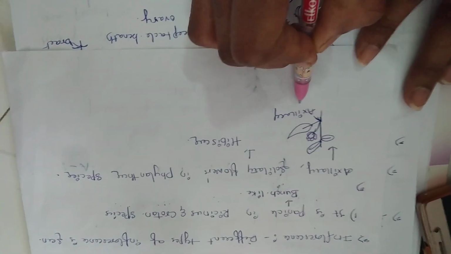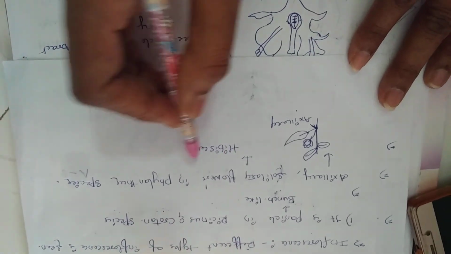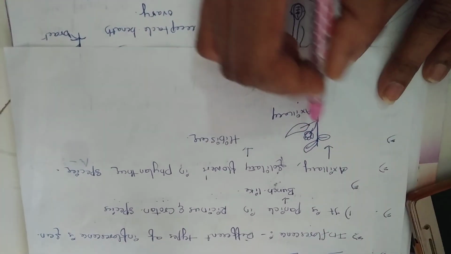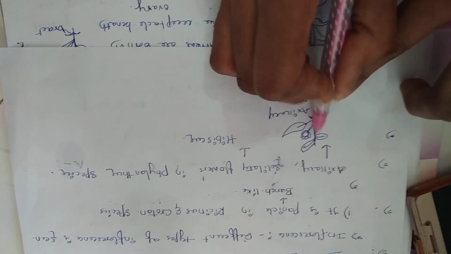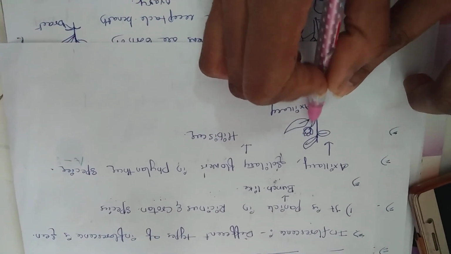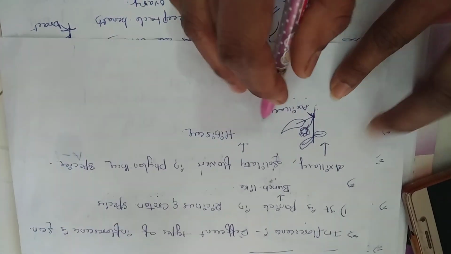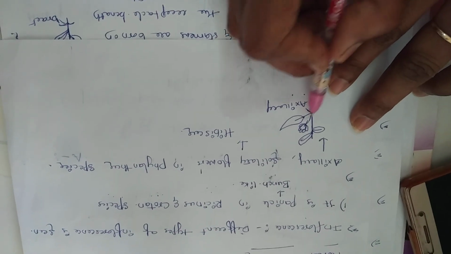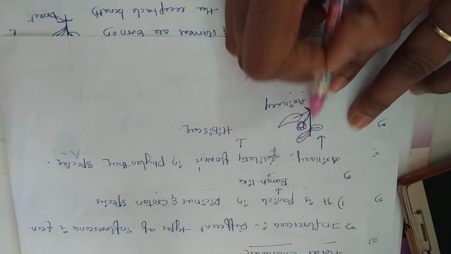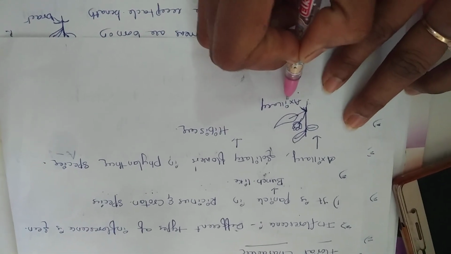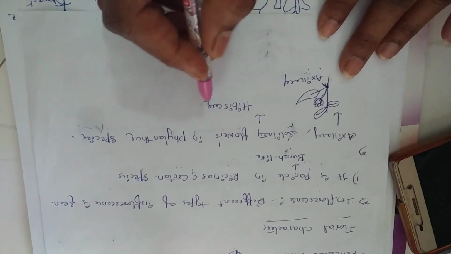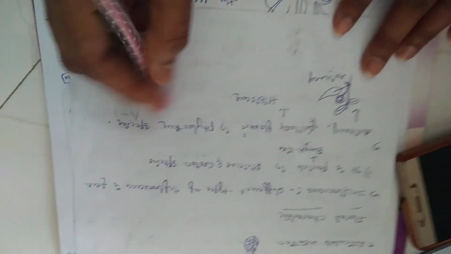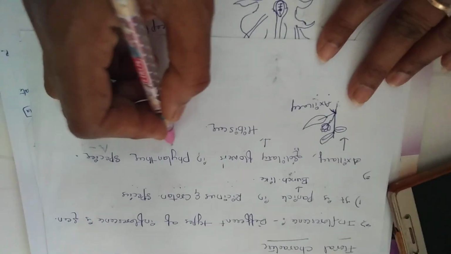And axillary inflorescence and also solitary flowers are seen in the Phyllanthus species. That means in the Amla species, the axillary flower, that means in the middle of the stem, can originate. If you see the diagram, how the flower can be seen in the middle of the stem, it is called an axillary position. And next one is the solitary flower. A solitary single flower can be seen in Phyllanthus Amla species.